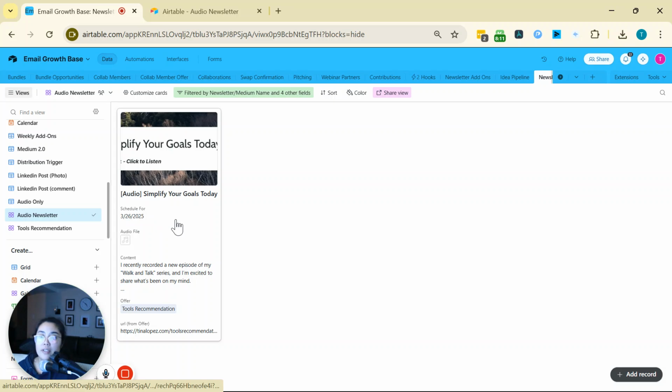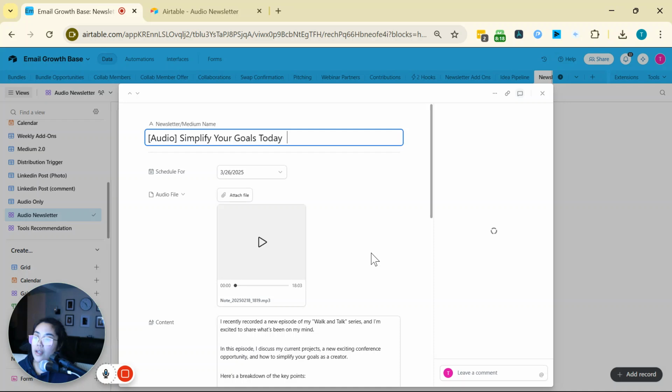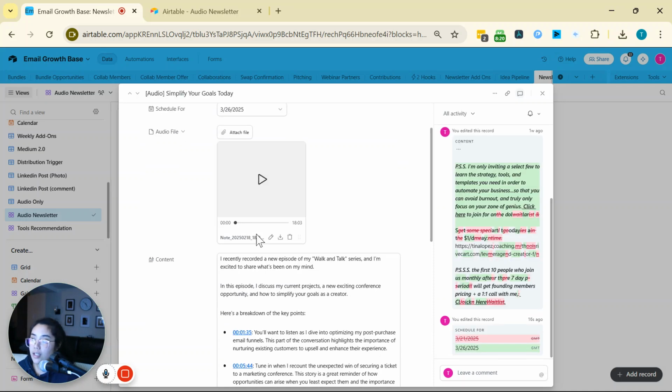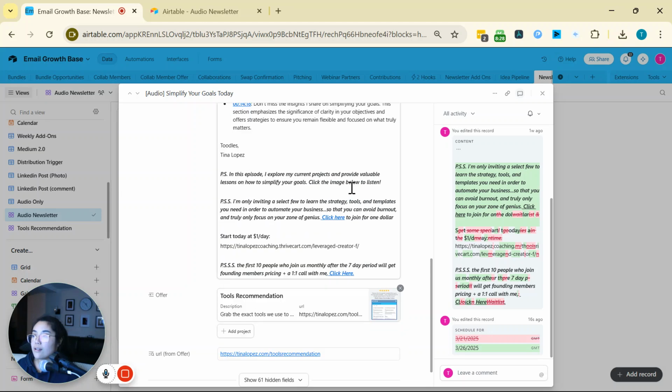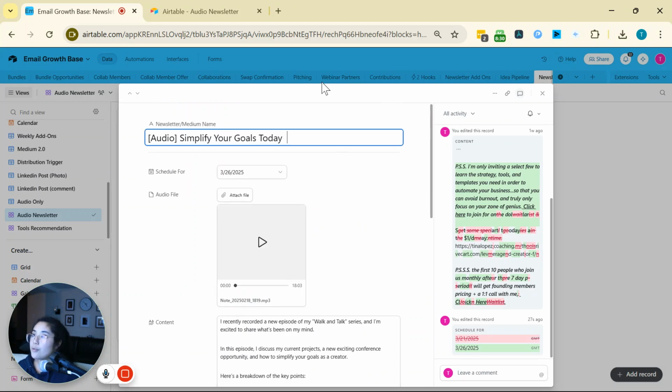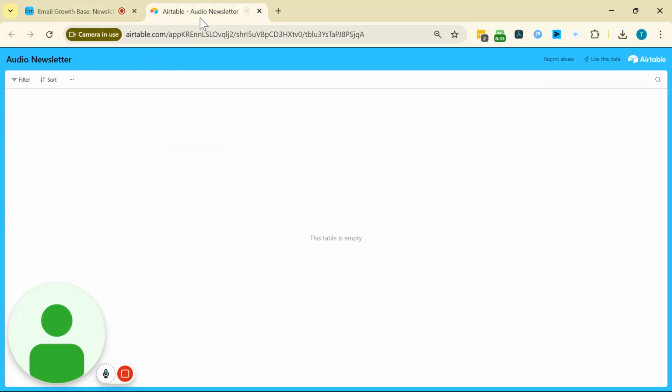And here's a perfect example. When a person actually sees this, obviously they're going to get a more simplified view. They're not going to see everything, but all they have to do is click this, and then they can directly listen to the file. Isn't that pretty cool? And what's really great is that I can link it to any offers that I want to promote, right? So that's pretty damn cool in terms of what they're going to be able to see right here.